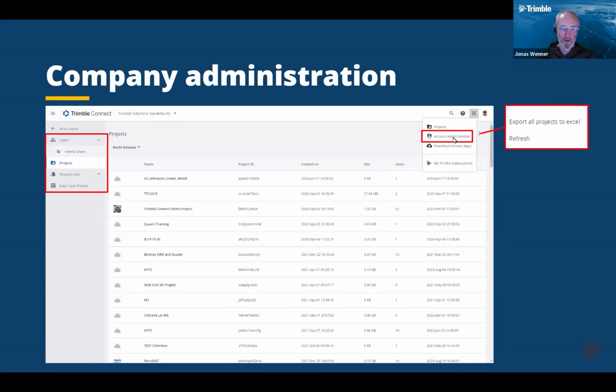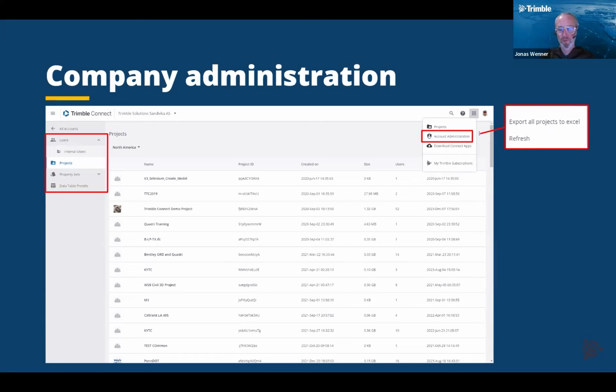When you go in on that one, you can handle things like property sets in your Connect for the whole company that you are admin for. You can also have an overview of all the Trimble Connect projects. And when you are an account administrator like this, you also have the right to add and remove users from all these different projects. And this is just to be able to